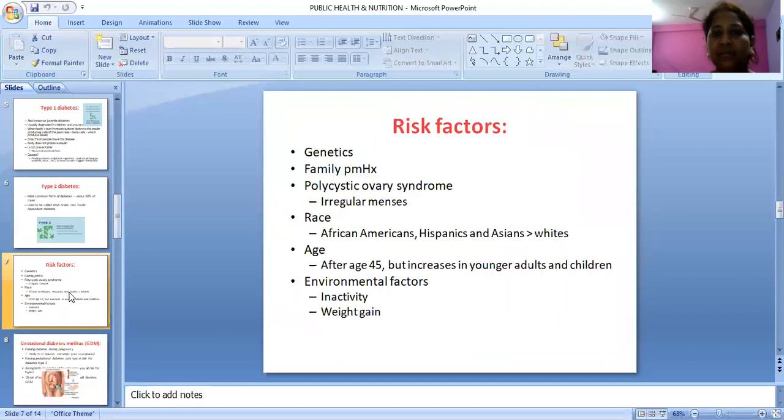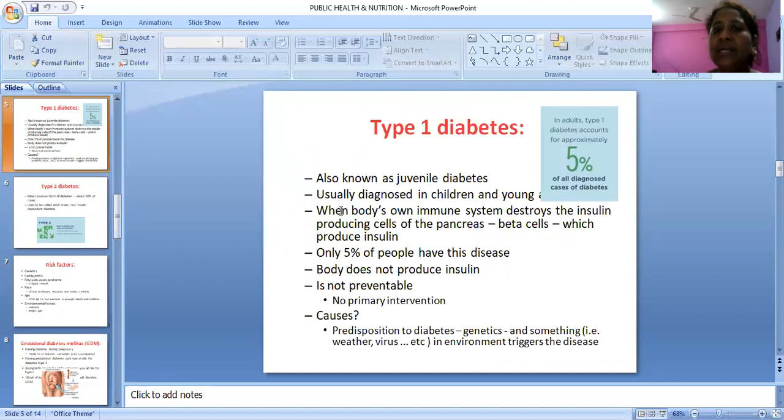What are the risk factors? Before going to risk factors, type 1 diabetes. Type 1 diabetes is also known as juvenile diabetes, usually diagnosed in children and young ones. The body's own immune system destroys the insulin cells, that is, the beta cells. When beta cells are destroyed, they are unable to produce any amount of insulin, so the body does not produce any insulin. This is not preventable. Okay,